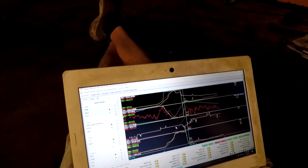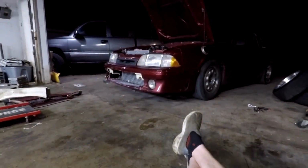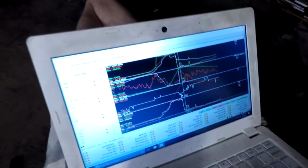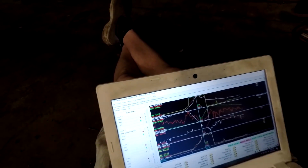So that's good. I do still want to get some colder air to the headlight there, like I was saying, but for the time being, I think it's okay. The E85 definitely helps quite a bit, but I was going through the pull here, and I wanted to make sure that my torque converter